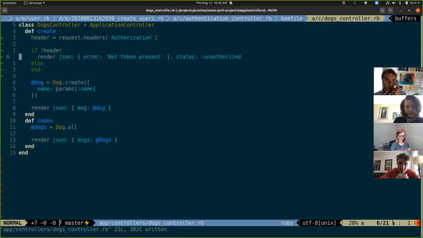If that thing is there, then we need to pull the token out of it. So here's how these tokens usually come over. It's not just the token in the authorization header. It also has the word bearer in front of it. So